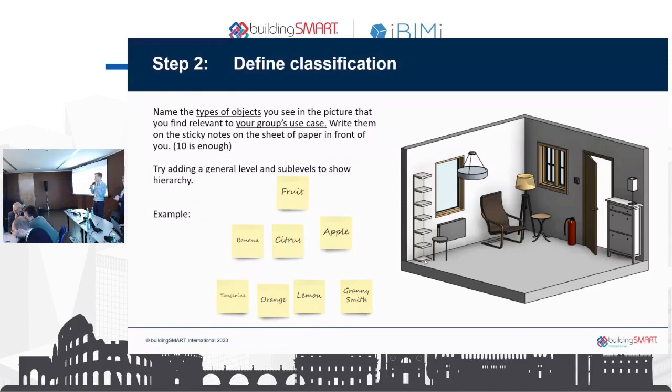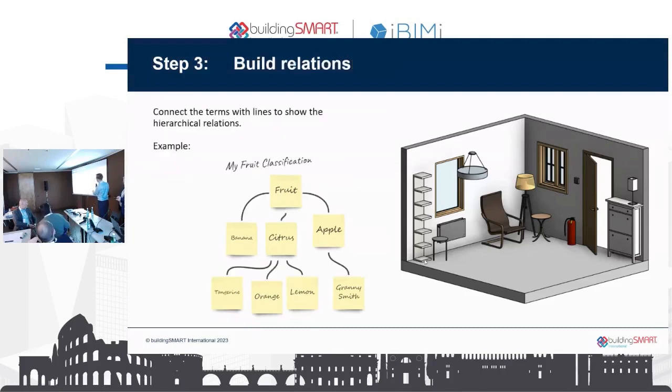Okay, everyone. Short announcement. I see that some of the groups did start with defining properties, which is good. I didn't say it's not allowed, but put those sticky notes aside for a moment, because the next step is about having relations. So you will be connecting those classes that you defined with lines. So for now, put the properties aside.